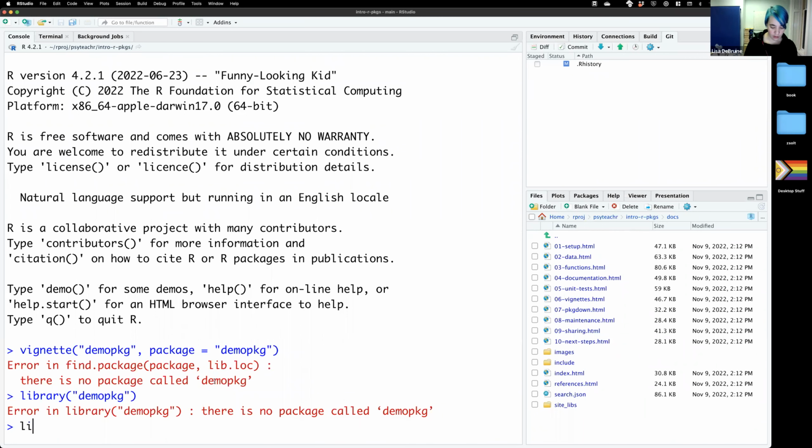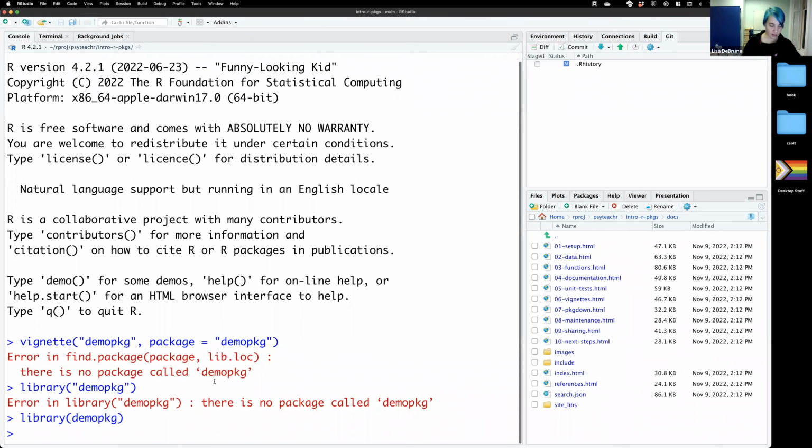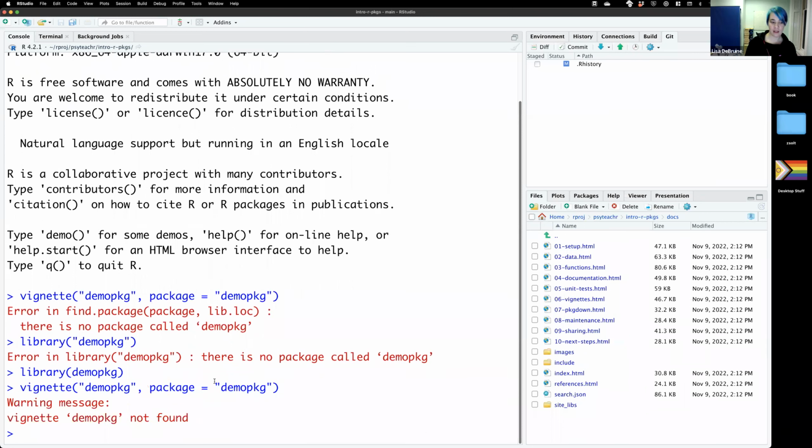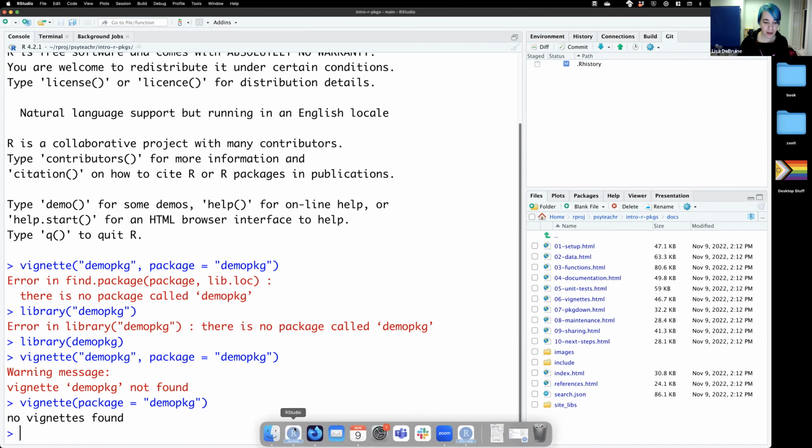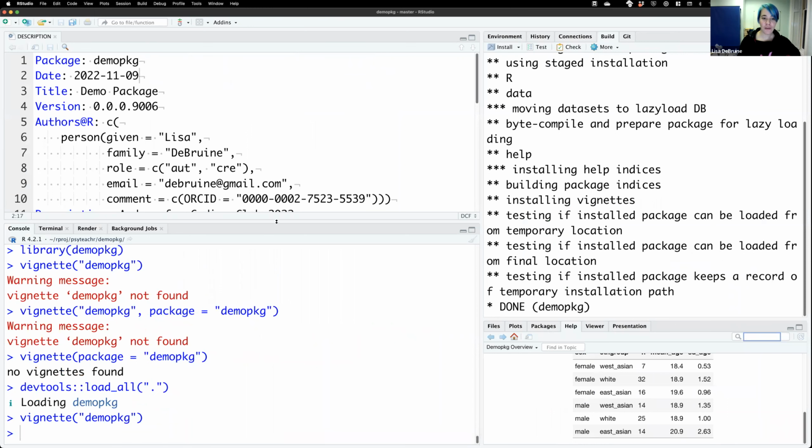So I can library demo package, and it's loading, it exists, but vignette demo package is not found, and it's going to have no vignettes. Ooh, annoying. Yeah, it's very weird. And then I haven't uploaded this stuff to GitHub yet, but I'll check and see. I'm assuming it'll work the same as yours, that from GitHub, it's fine. All right, we've documented the problem. That's the first step. And I'll see if I can either fix it or